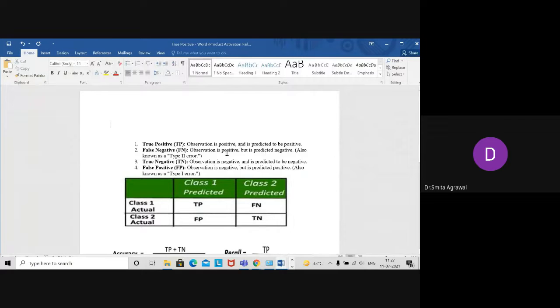The actual value is positive but the classifier is predicting it as negative. So it is called FN, false negative. True negative means the observation is negative and it is predicted negative. False positive is when the observation is negative but it is predicted positive, and it is also called a type 1 error. And false negative is also called a type 2 error.